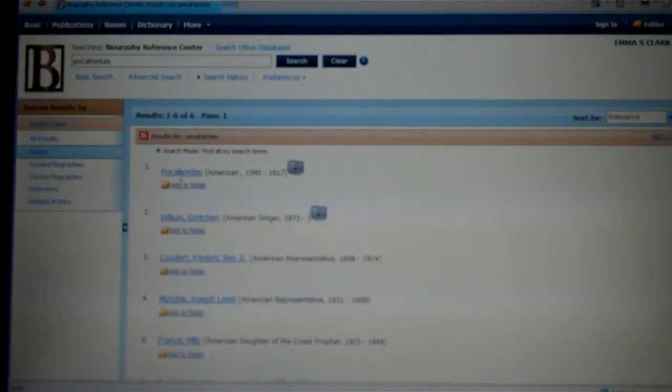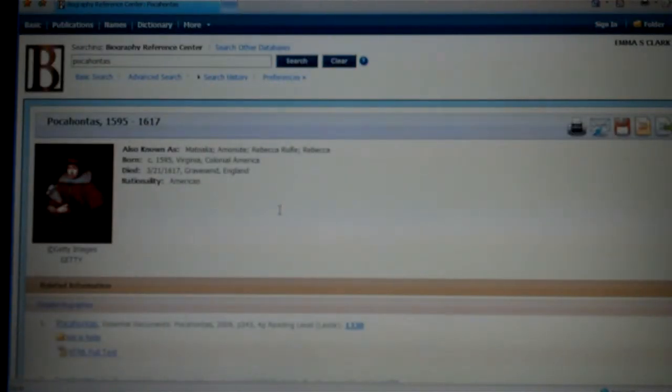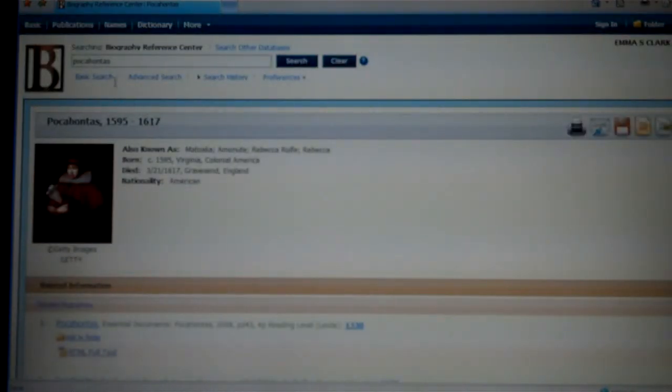Let's click on her. Again, it gives you her lifespan, 1595 to 1617, and a little picture of her. And as you can see, there are multiple entries for her from a variety of journals with access to full-text articles. Now, going back to the main page,